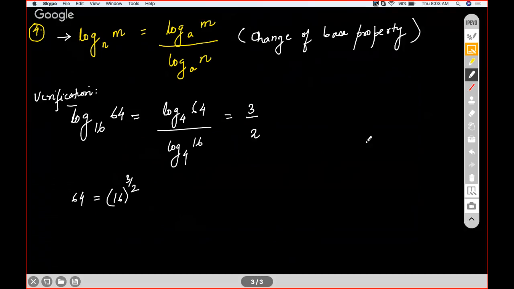Okay. So log m base n. I'll equate it to something, say p. Then n to the power p equals m. Then if n to the power p equals m, and here you have log m base a by log n base a, and then if I have this, then